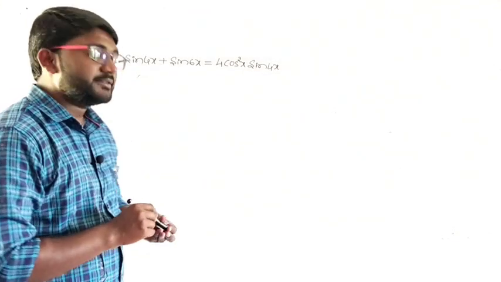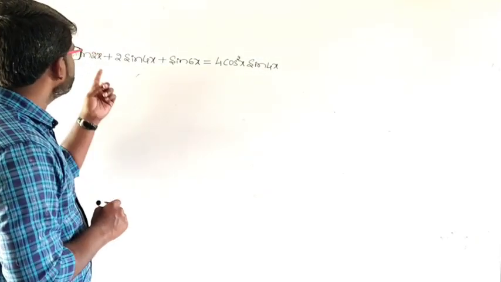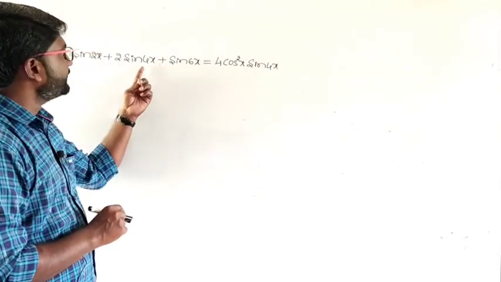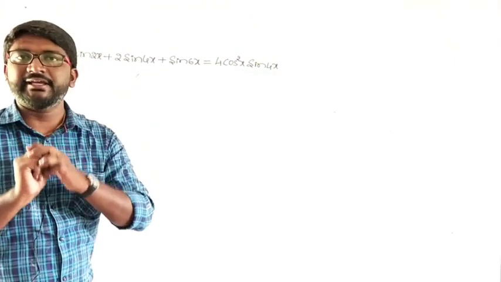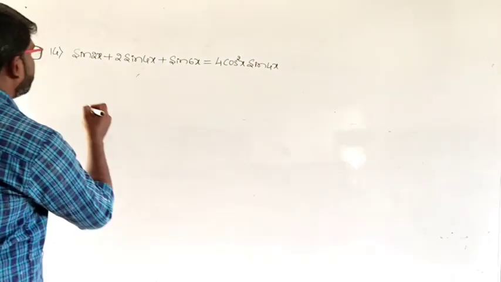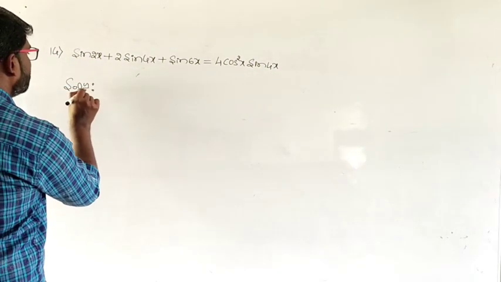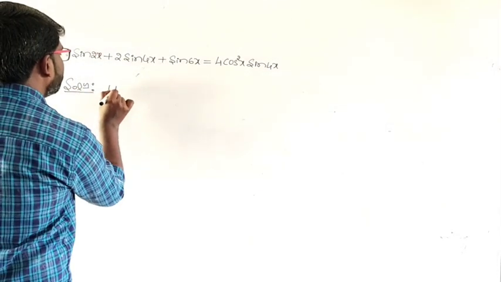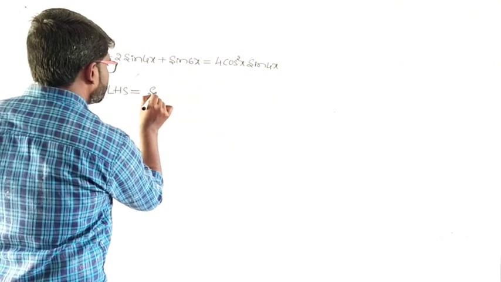Well, take the 13th problem as an assignment. So I'll be solving the 14th one. Sin 2x plus 2 sin 4x plus sin 6x equals 4 cos square x into sin 4x. So let us take this as the LHS. Solution. I'll be writing the left hand side LHS equals sin 2x